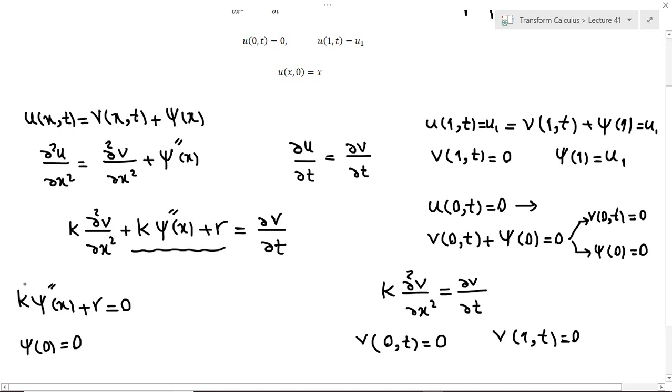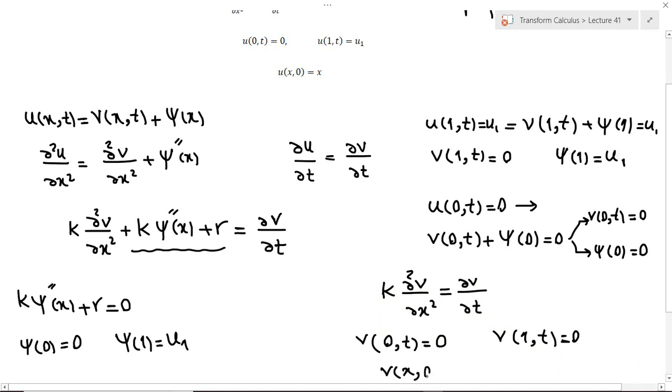So psi at 1 is equal to u1. So now we have one ordinary differential equation. We have one homogeneous boundary value problem. So we have to find the initial condition as well. We have to find v of